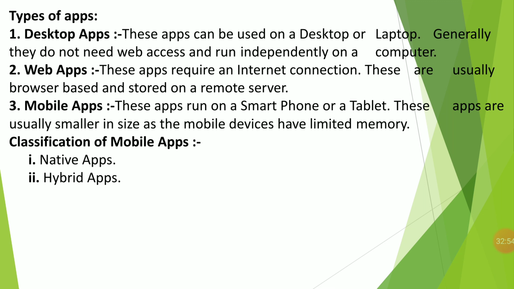Whereas hybrid apps contain the features of both web application and native application. These apps can be downloaded from the Play Store and installed on the device. These applications require the device to be connected to the internet. A hybrid app can be stored partly on the local drive of the device and partly on the remote server. Some hybrid apps can be operated offline with limited functionality by using cached pages.